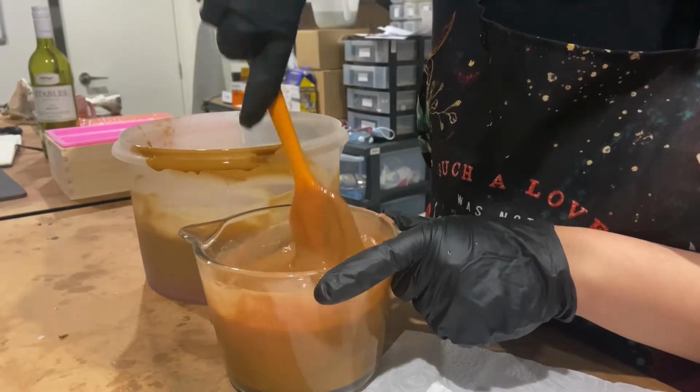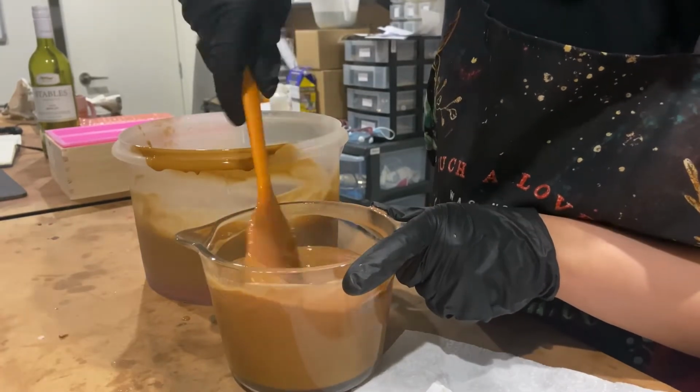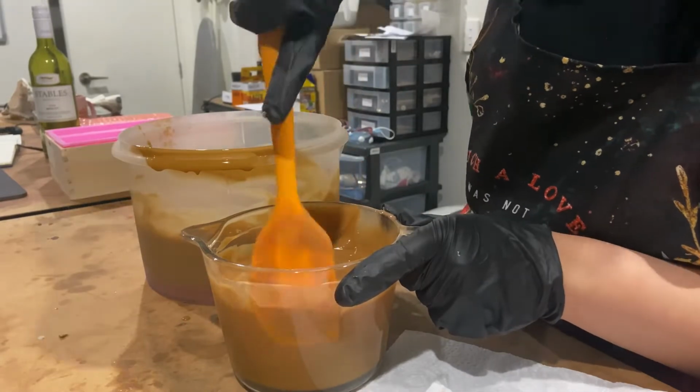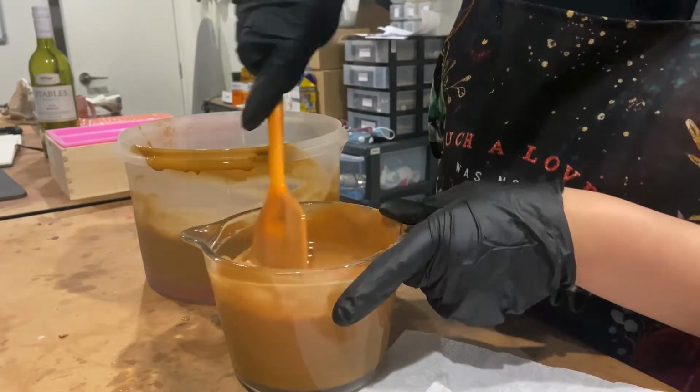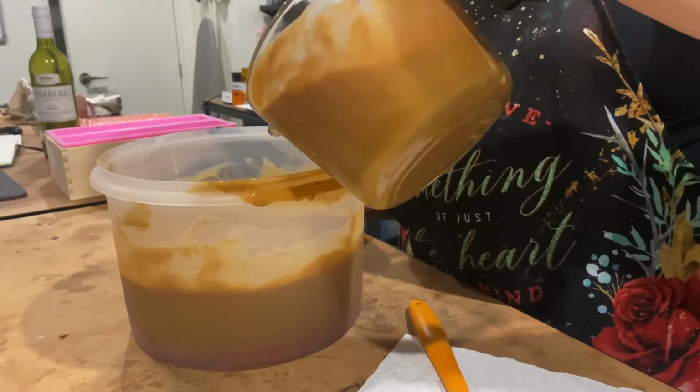So this hasn't coloured it too much, but that's okay. Hopefully when it's done, you'll be able to see the difference. It is a slight difference. I mean, you can't tell, but I can. Oops, nearly spilled that over the edge. And now I'm going to pour this back in